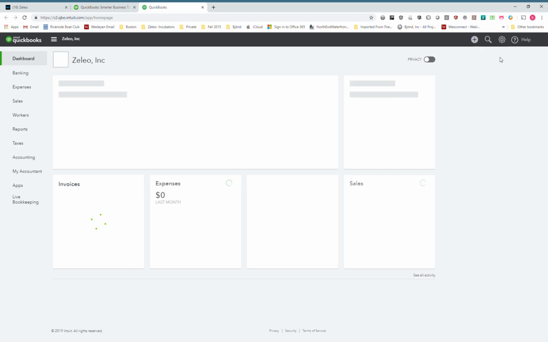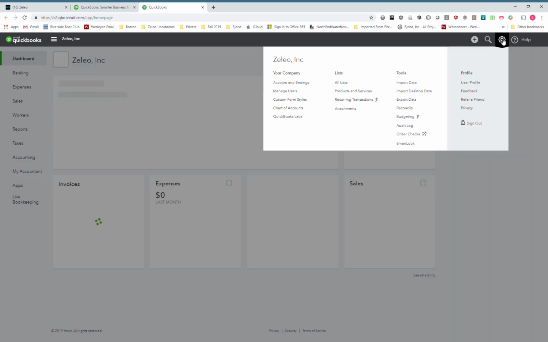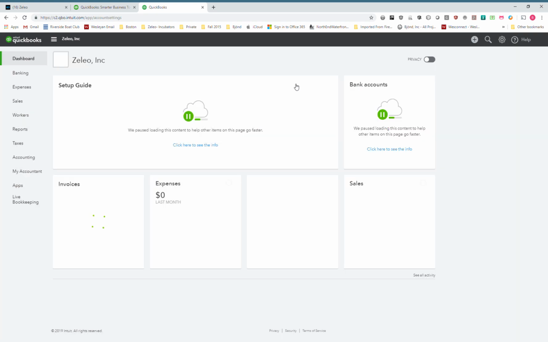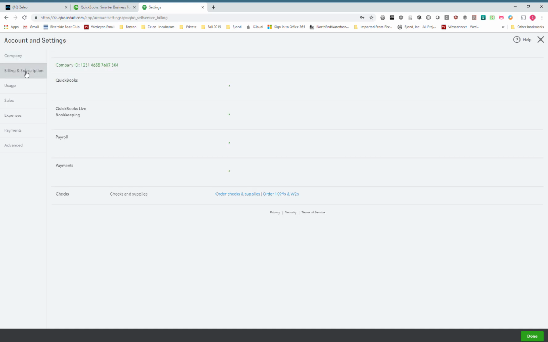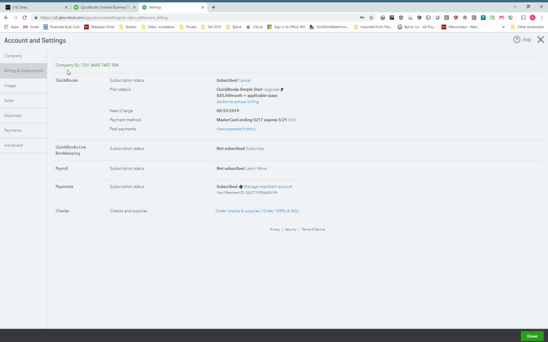find our account ID. So I'm going to sign in regularly to my QuickBooks account. And what I'm going to do here is, up in the settings panel, you should be able to see your account and company settings. If you go to billing and subscription, you'll see company ID. So this is what we want. You want to copy this number